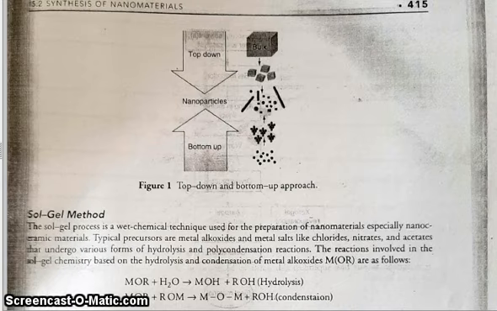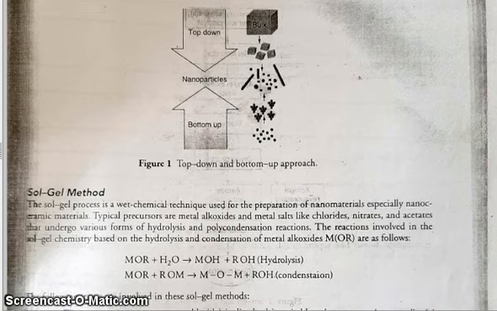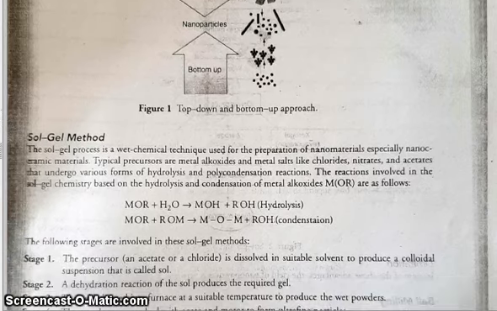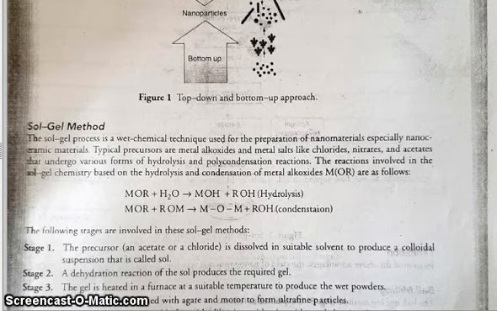So now we will continue with the sol-gel method, another method for synthesizing nanomaterials. The sol-gel method is a wet chemical technique used for the preparation of nanomaterials, especially nanoceramic materials. Typically, precursors are metal alkoxides and metal salts like chlorides, nitrates, acetates that undergo various forms of hydrolysis and polycondensation